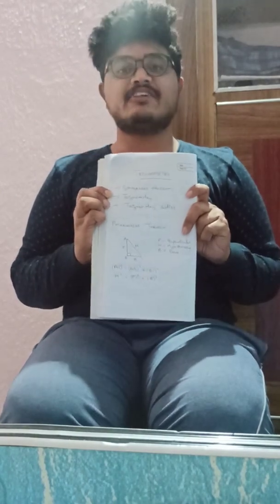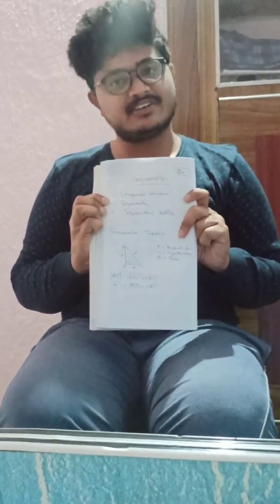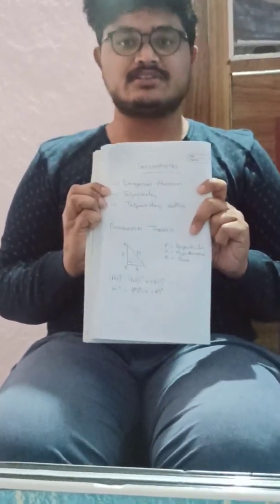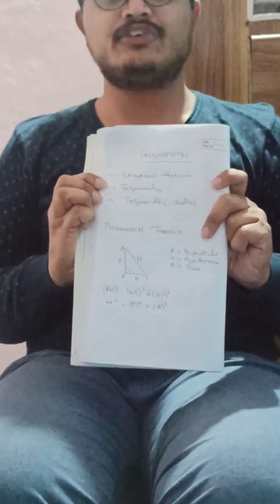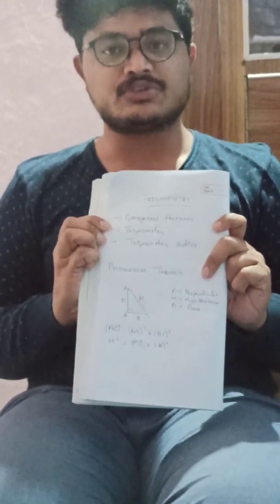I am going to deal with a small demo in trigonometry. In trigonometry, we are going to deal with three topics. What are they? First one is Pythagoras theorem, second one is basic trigonometry, and third one is trigonometric ratios. And we will be followed with a few small examples on trigonometric ratios.